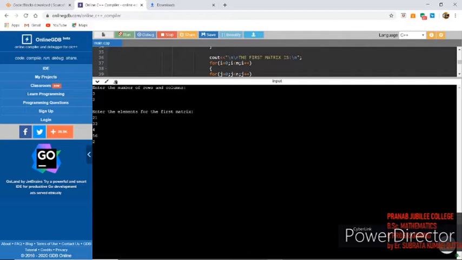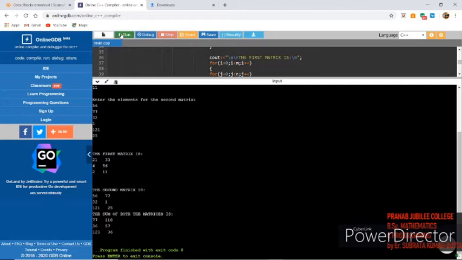Okay, for the elements of the second matrix: 56, 77, 32, 1, 121, 25, and this is the result. So you can check by yourself.